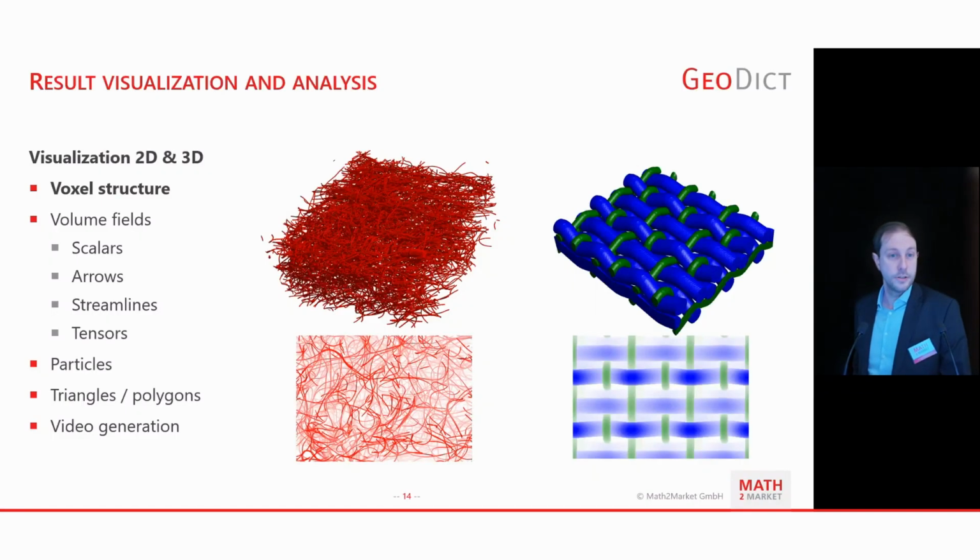Next basic feature that combines almost anything useful in GeoDict to show is the visualization in 2D and 3D. You can see here some structures in the two-dimensional view and a three-dimensional view. You can change colors for sure. You can customize everything to your needs. You can even tell the visualization to show a smooth view, like shown on the right picture, where there are no voxels visible anymore. It just seems like a smooth surface.